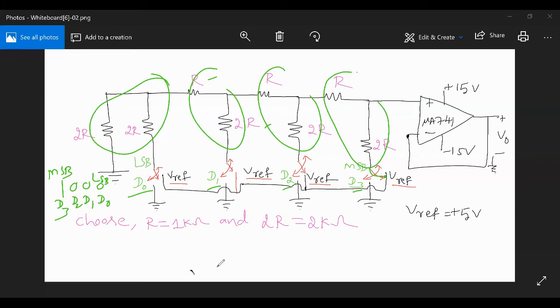Then D3 is referred to as bit high. And the remaining bits, that is D2, D1, D0, are configured as zeros according to our input. Therefore, D0 has to be connected to ground, D1 has to be connected to ground, D2 has to be connected to ground. Now, this is producing the input as 1, 0, 0, 0. For this input, what is the output obtained?